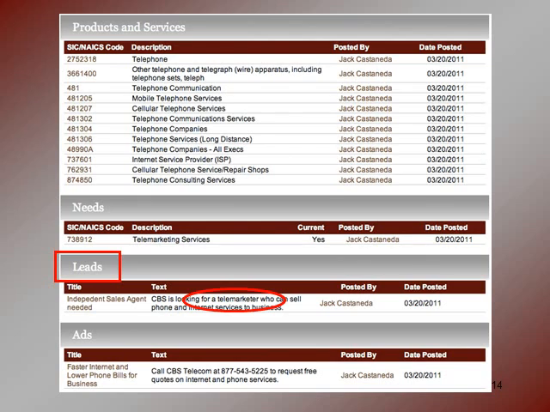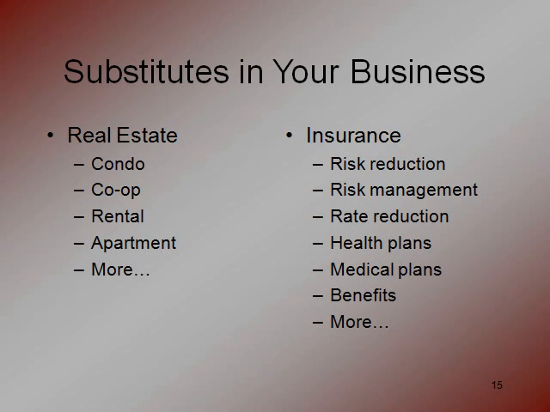If you're in real estate, you might want to look for people who posted needs or leads for substitutes like condos, condominiums, co-ops, apartments, or rentals, all of which are reasonable substitutes for what you sell. And you might not even have to swing the prospect very far to get them to consider one of your properties. Likewise, if you're in insurance, while there aren't a whole lot of generic substitutes for the word,